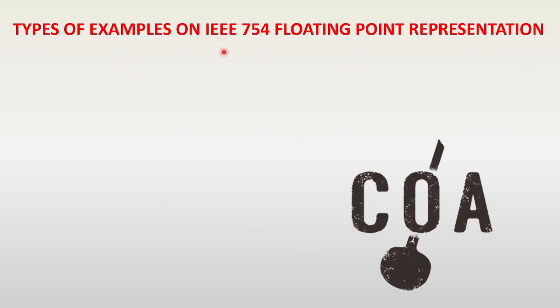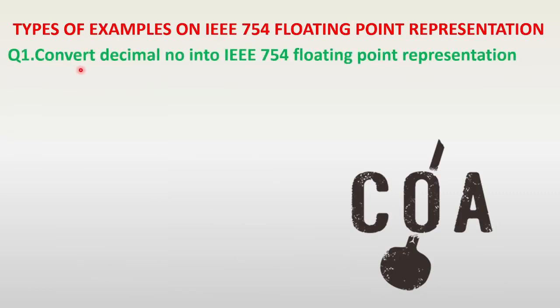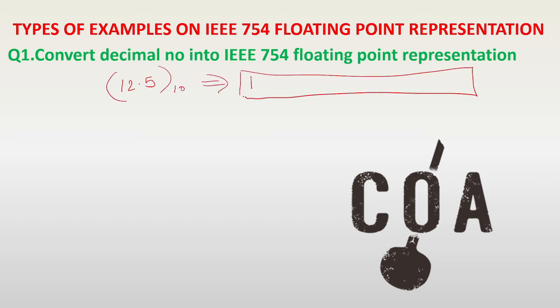Now there are two types of problems we can solve. Given a decimal number, you can convert it into IEEE 754 floating point representation. For example, suppose the floating point number given in decimal is 12.5, you can convert it into IEEE 754 format like this. Inside the computer, it will be stored like this, as 1s and 0s, because the computer doesn't understand what 12 is and what 5 is and what 12.5 is. Any number you type inside your computer gets converted to binary only, whether it is a normal integer or a floating point number.